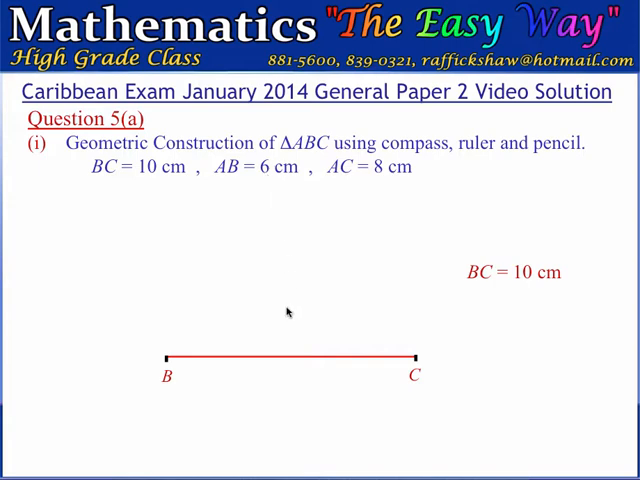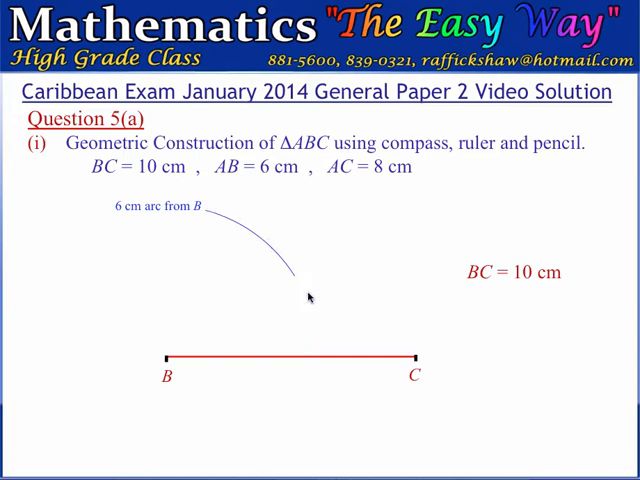And so what we can do is open our compass to 6 centimeters. That is, use a ruler and open our compass to 6 centimeters. And then with the point of the compass at B, we will make an arc that is 6 centimeters in radius. So let's go ahead and show that arc. And that is it. This arc is 6 centimeters from the point B, and therefore the point A is somewhere